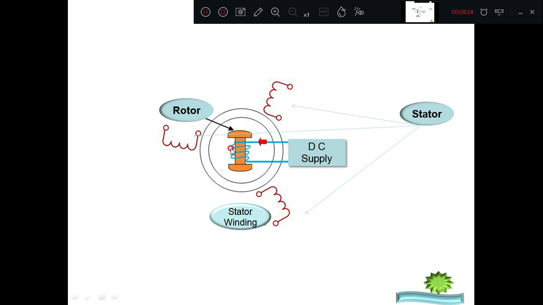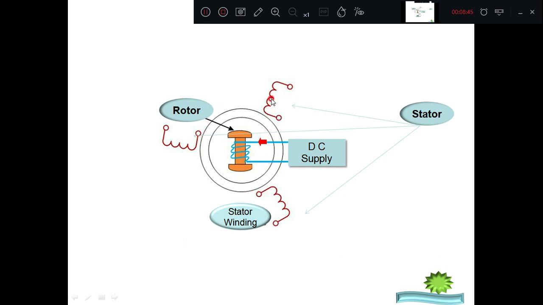Therefore, we are giving mechanical energy to this rotor so that the field starts rotating. When the field starts rotating, it is cutting the stationary armature conductors. Therefore, there is an induced voltage in R, Y and B. It has three windings, therefore it is called a three-phase synchronous generator or three-phase alternator.